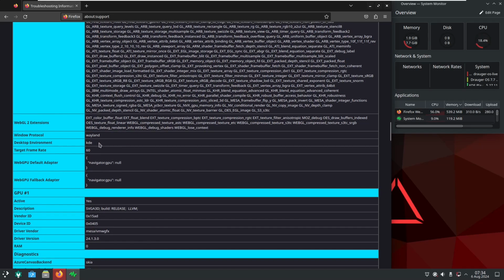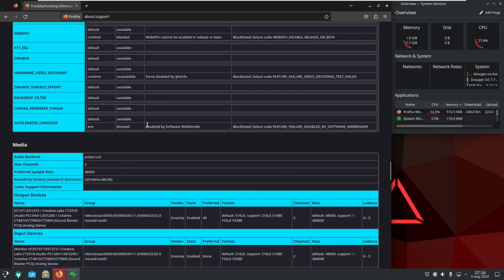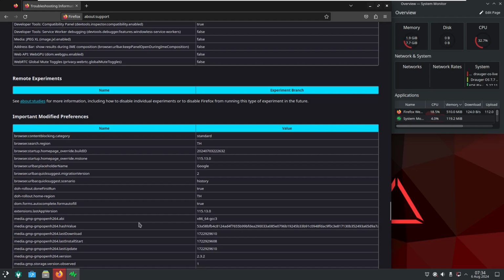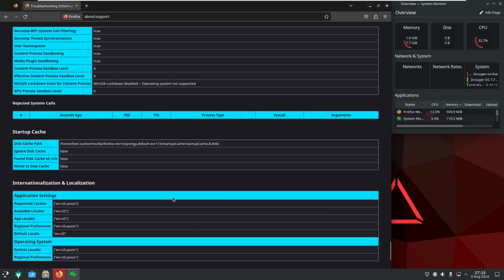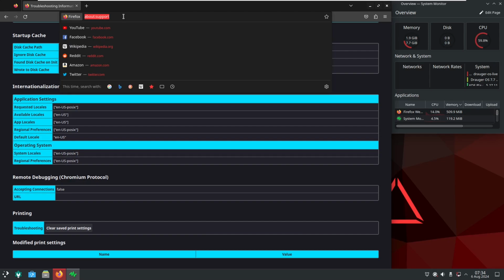And the desktop environment you get is KDE Plasma, and the window protocol we are using is Wayland right now. And the display resolution, which I already mentioned and showed in the beginning. So here is the display resolution, and here is some of the important information. If you consider it as important, you can read everything. So let's go to the official website